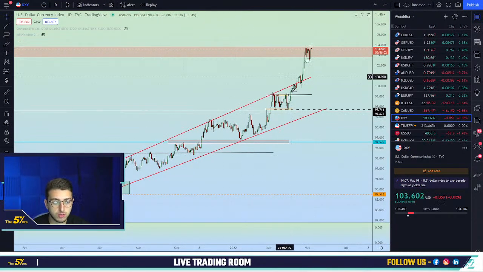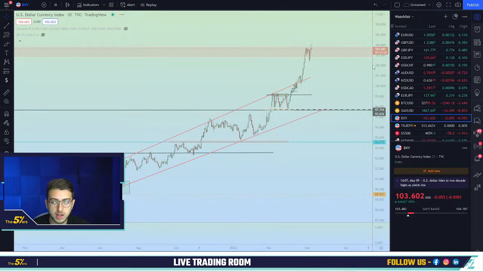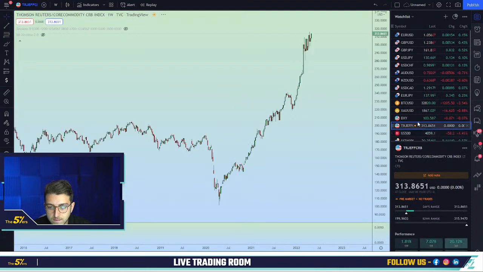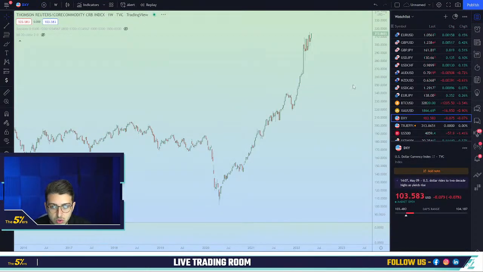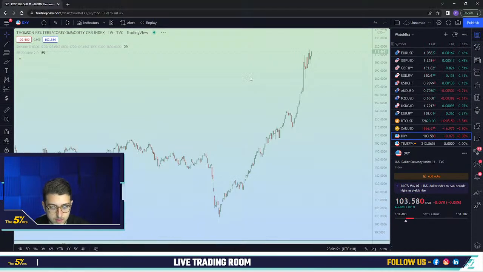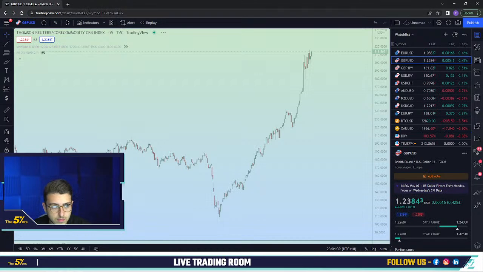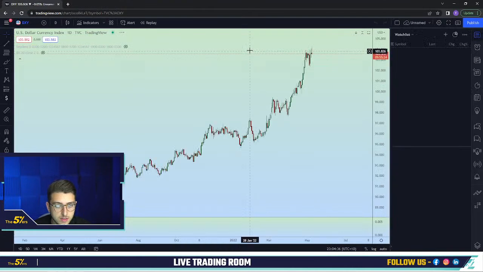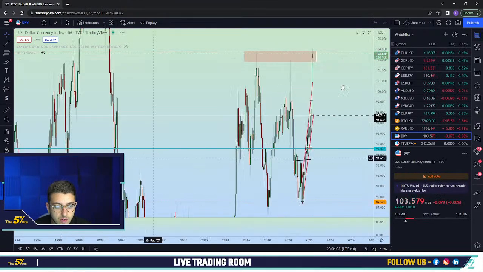So this is the chart of the dollar index. For people and traders that were with me last week, this is still okay, let me check. Okay, let me refresh the chart. Never mind, I will refresh TradingView from now. Okay, perfect. So here we are.